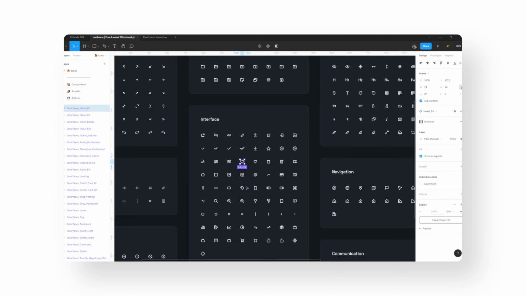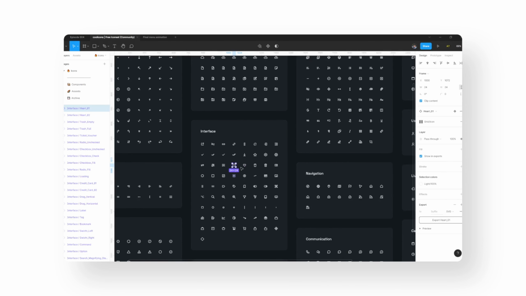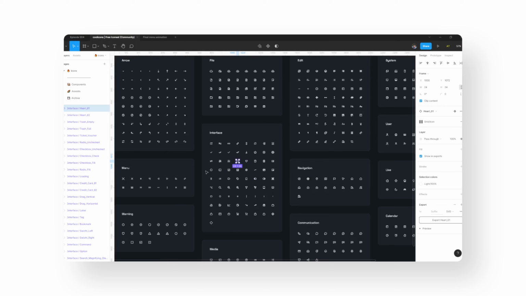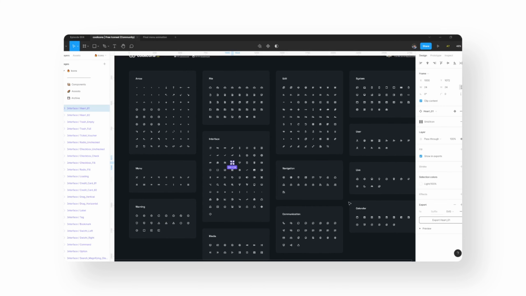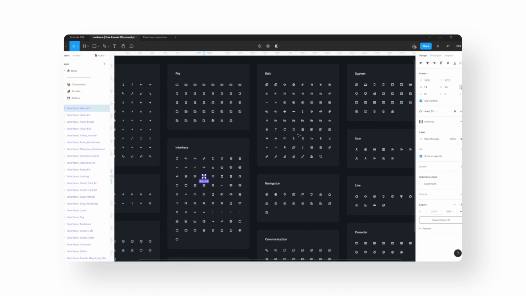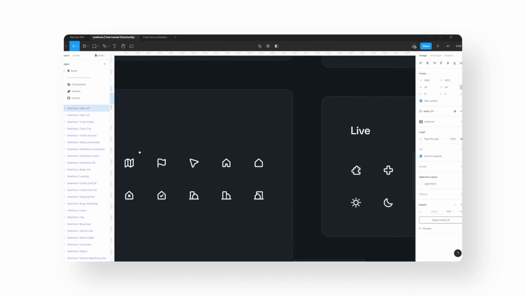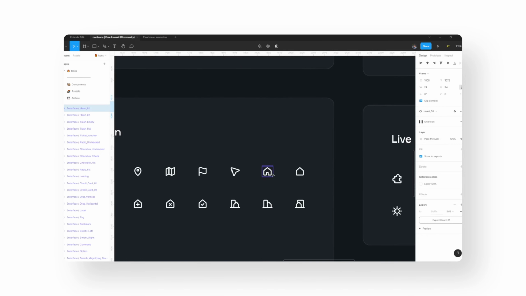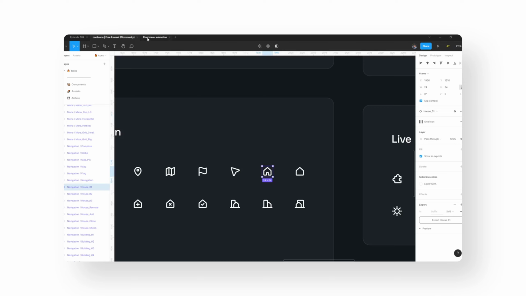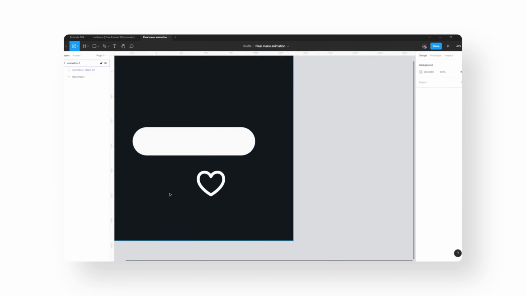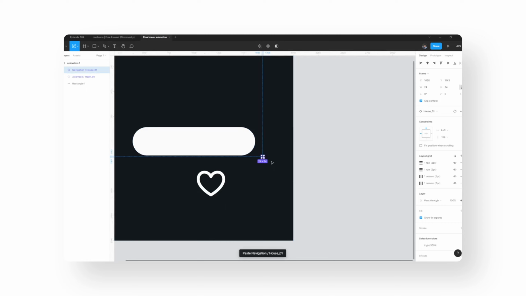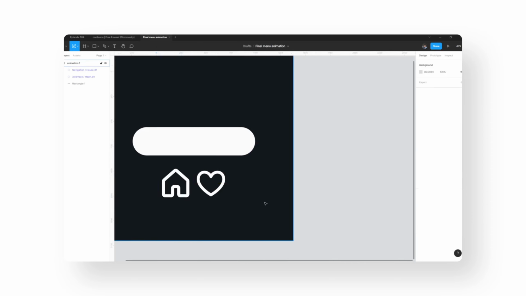So I'm looking for the home icon, if I can find it here somewhere. So yep, there it is. I think this one is good. Press Control C, then move it right here, Control V, press K and zoom it a little bit so that it matches the perspective. And yep,